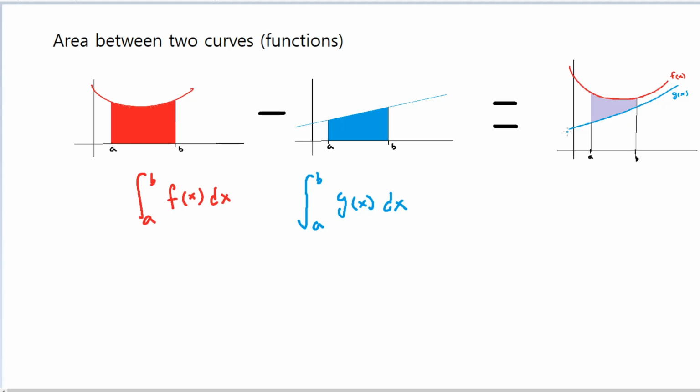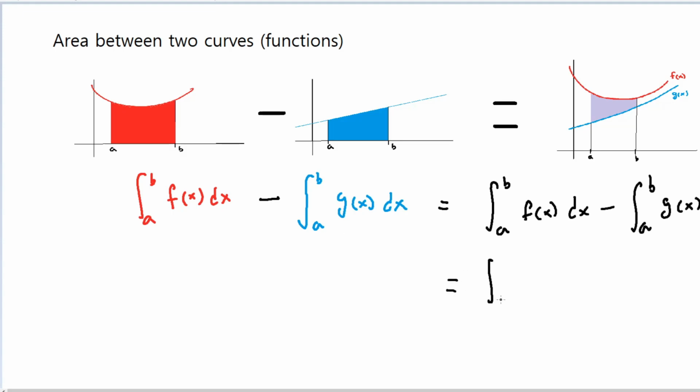So we could summarize this as the integral from a to b of f of x dx minus the integral from a to b of g of x dx. And by a property of integrals, we could put them all under one single integral from a to b of f of x minus g of x